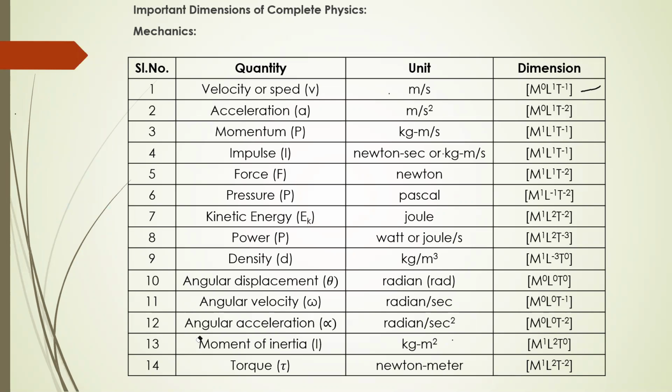Here one more point, students, that is here we define the law of homogeneity, or we call it the principle of homogeneity. So what is the principle of homogeneity here? The principle of homogeneity is that the dimension of LHS must be equal to the dimension of RHS. In the next class, in the next slides, we will be seeing this. Here I am just telling you what the principle of homogeneity is. It is nothing but the right hand side dimensions must be equal to the left hand side dimensions. So how we write that is,